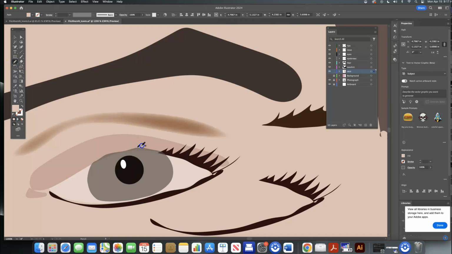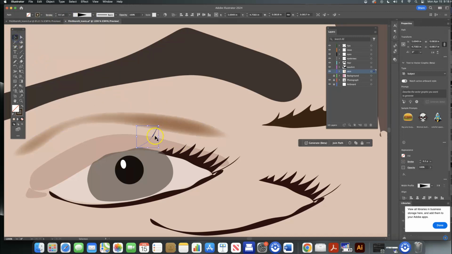So again, using the pencil tool, I'm going to draw a lash, and I'm going to go ahead and color in the stroke. A lash is a stroke when you just draw a stroke and not a shape. And then I'm going to color it in, and then I'm going to go to the width profile and the size, and I'm going to change the size and change the width profile. And then you guys can see,